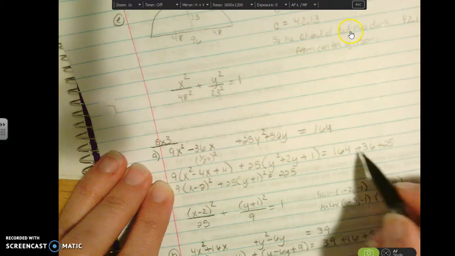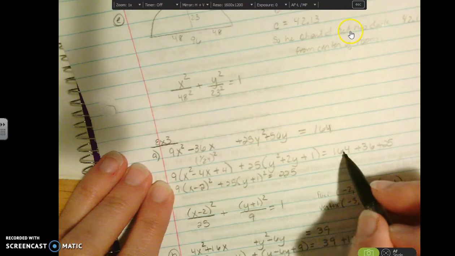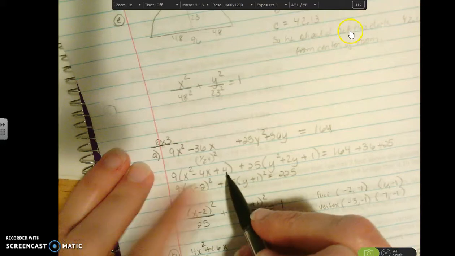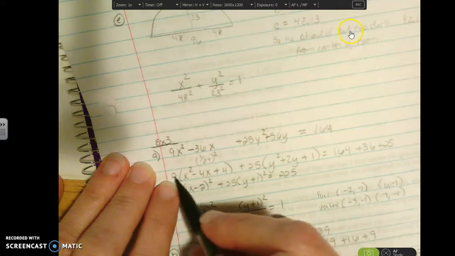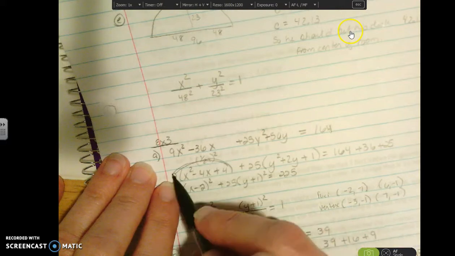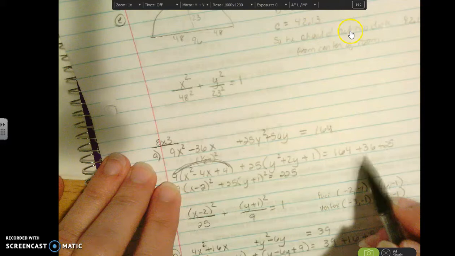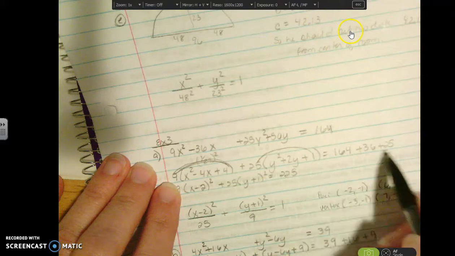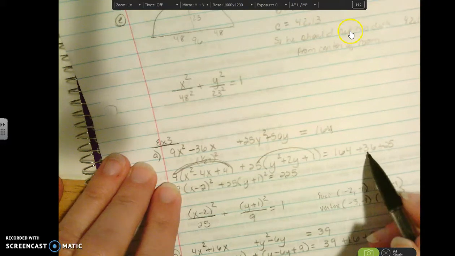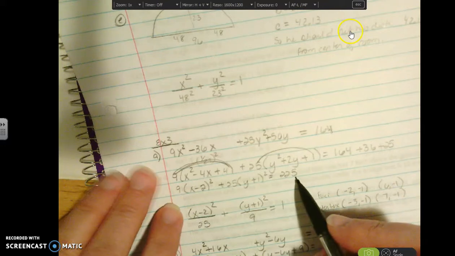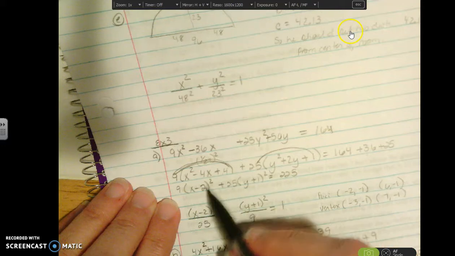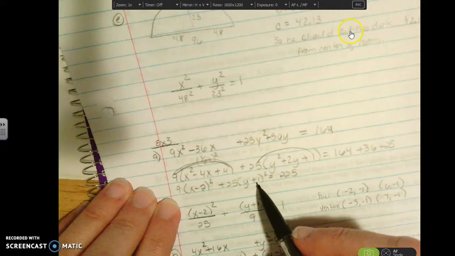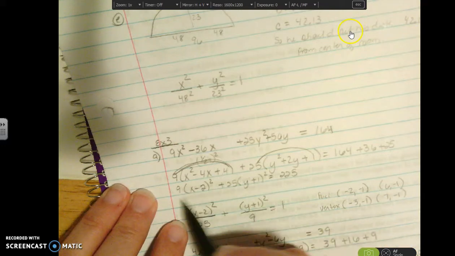So here's the biggest trick. I have 164 on the side. Normally I would say I have to add the 4 and the 1 to the other side also, but it's not just 4, it's 36. And it's not just 1, it's 25. So I have to add 25 and 36 to this side, so I get 225. So then I factor this, it's a perfect square trinomial, and I factor this, perfect square trinomial, and then I divide